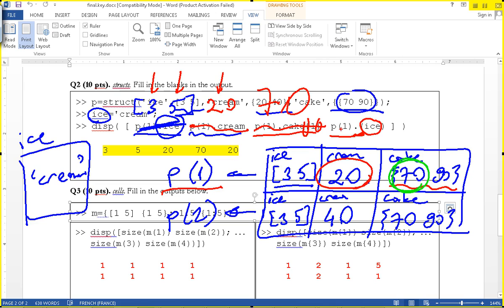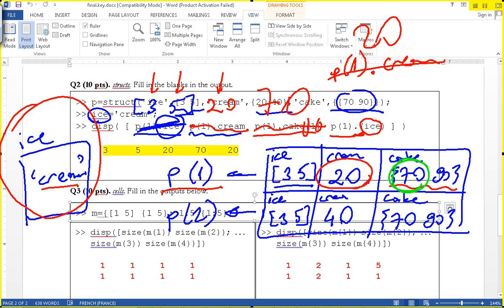So dot parenthesis ice will first look in this variable right here. It will extract the cream. So this is the same as saying P sub 1 dot cream, which will be replaced with 20. Okay. So you would get the same result, the same answer